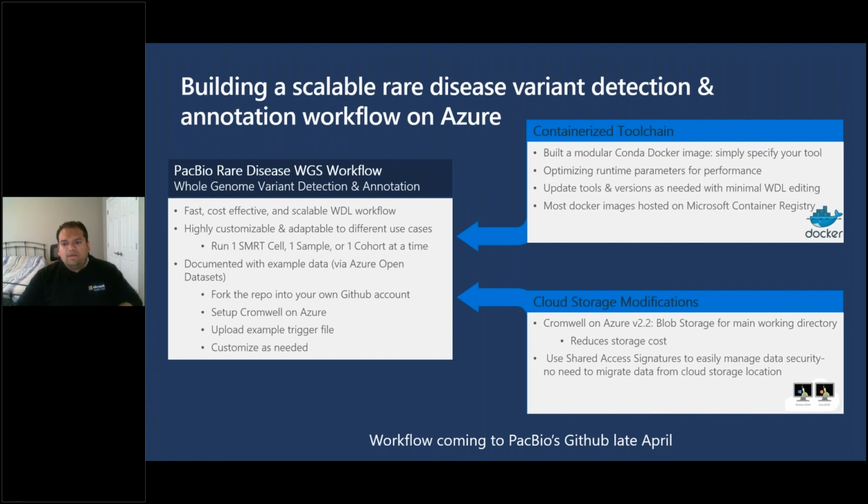Secondly, we've made some modifications to how the workflow handles input and output files, given the nature of running workflows in the cloud, which by default doesn't have shared file systems. So with Cromwell in Azure, we currently utilize blob storage for the main working directory. The reason we do this is that it's extremely cost effective. But this means that we have to do a fairly significant amount of copying data as we move through our workflow. This also enables us to utilize shared access signatures to quickly add and remove